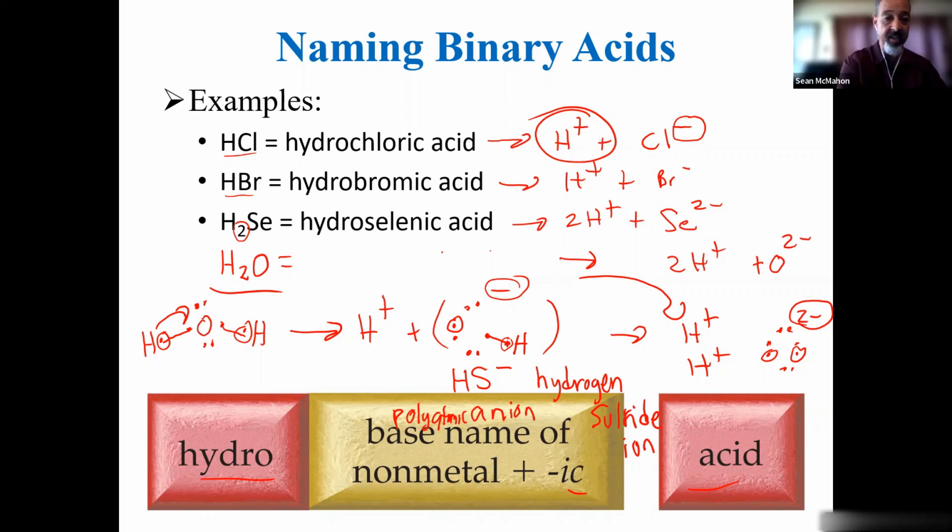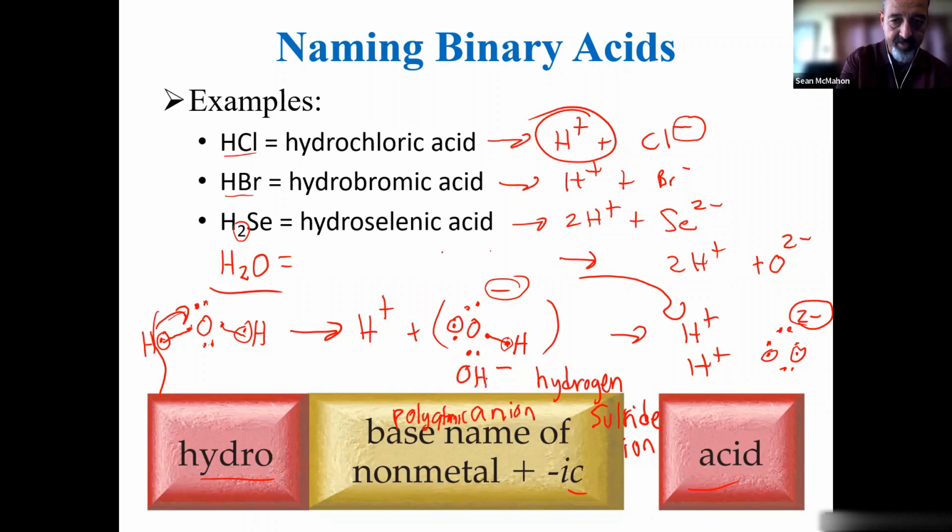Oxygen has 6 valence electrons: 1, 2, 3, 4, 5, 6. Each hydrogen has 1. They're covalently bound, right? That means they share electrons. But there are some cases where the oxygen may steal an electron from the hydrogen and break this covalent bond, and steal that electron and form what is called, and I think a lot of you actually know this,